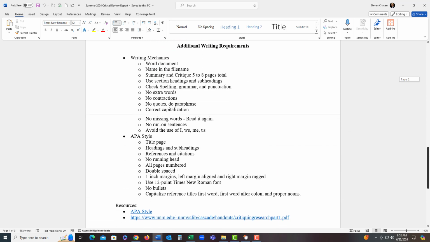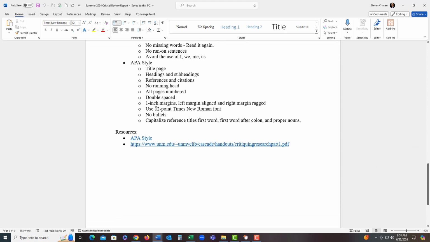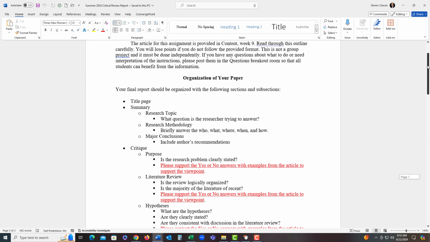And here's your writing requirements. I'll let you read it over. But the most important part is no quotes. Do paraphrase what you are saying. Usually people who use a lot of quotes sometimes just don't understand what they're reading. And for future reports, if you do use quotes, you're going to have to explain the quotes. You just can't say a quote and leave it there. And here's your APA writing style. Make sure it's 12 points and a double space and so forth. You all know APA writing style by now. Alright,